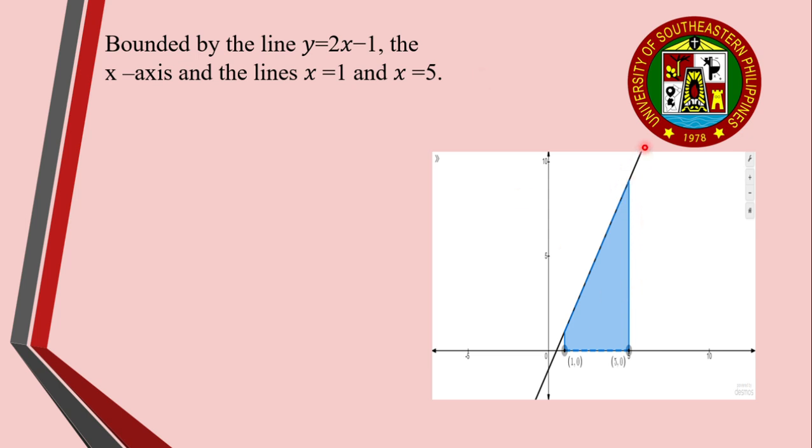Right here, this line represents the function, no? And then this interval, we're going to find the area from this interval. This color blue right there, the shaded region in color blue, we're going to find the area for this using integration. So let us integrate our function 2x minus 1 from 1 to 5 with respect to x. So we're going to apply the integration, no?